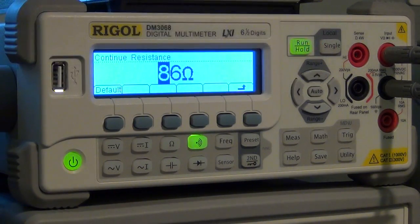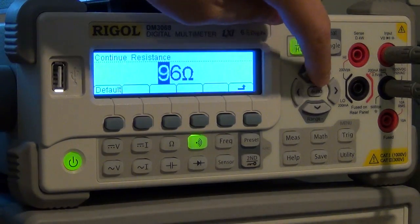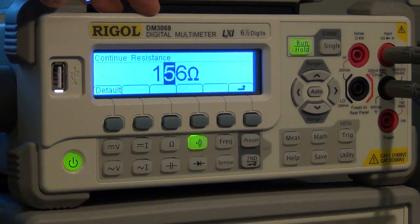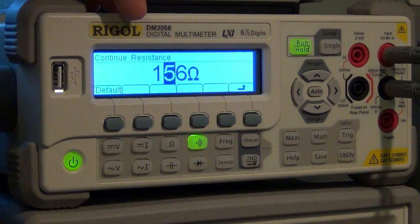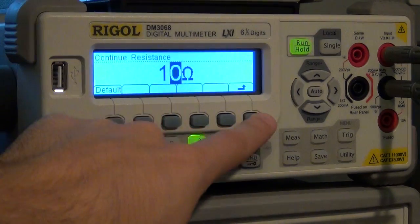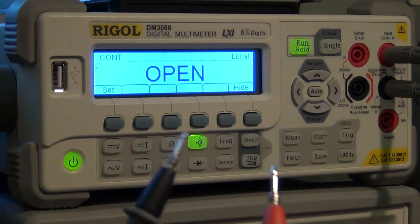So let's say you're measuring a bunch of things and you want to find out which of them is less than 100 ohms or 1 kilohm or 10 kilohm. Then you can set it up directly using this. You don't have to rely on the multimeter. You can have audio feedback, but you can set the resistance. So I'm going to go back to the default, which is 10 ohm, and now it says it's open. I have the probes connected. So if I connect the probes,